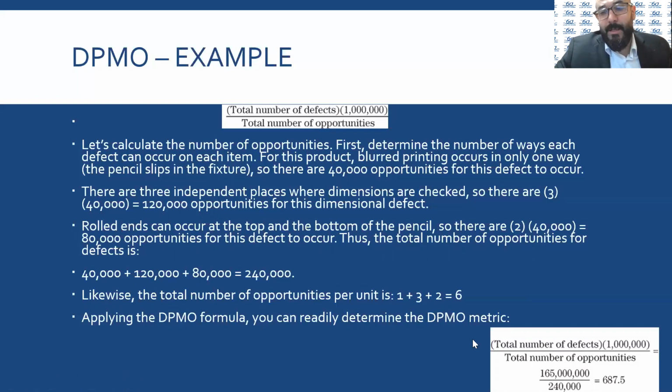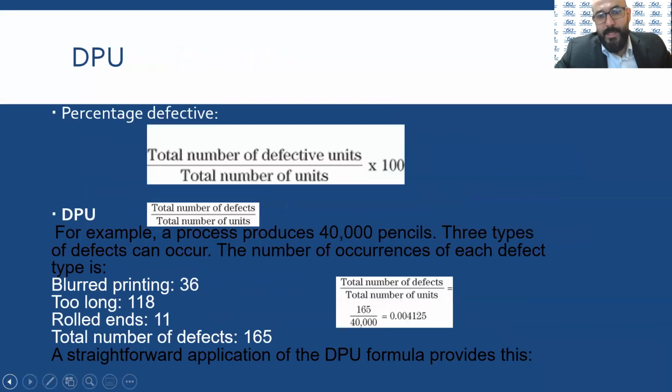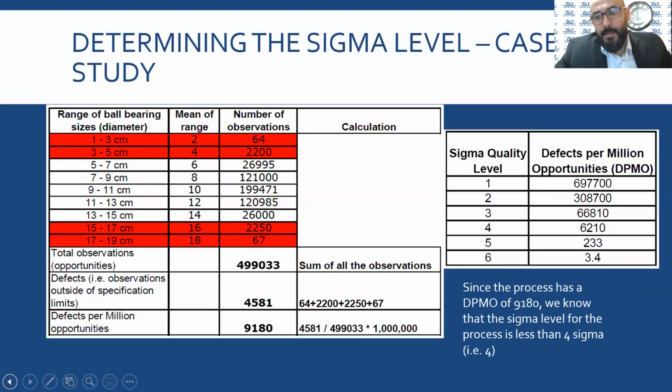Divide that, multiply that by 1 million, so that would be 165 million, divided by 240,000, so that would be equal to what? 687.5. This is the DPMO, defects per million opportunities. And based on that, you could go back to this table right here and find out what level of sigma you have. In this case, we have around 6,000, so